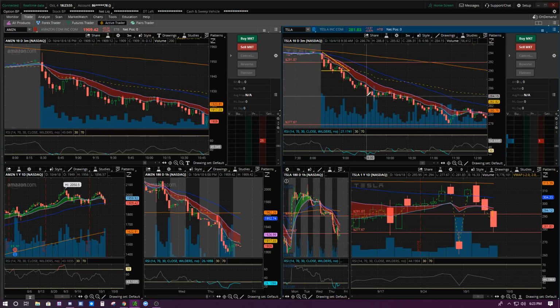Congratulations to everybody who saw it. And if you missed it, you could have got in here. The next thing is, you never want to get in when a stock's taking these big red candles. You want to wait till they pop back up, consolidate a little bit, and make these little smaller bear flags. This can be considered a bear flag right here. It's a smaller one, but it consolidated, popped up a little bit, made a little bit of support, then broke it. It comes back up, support turns to resistance, hits that resistance,